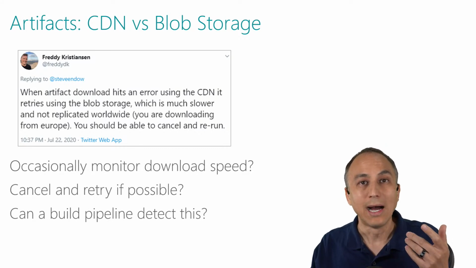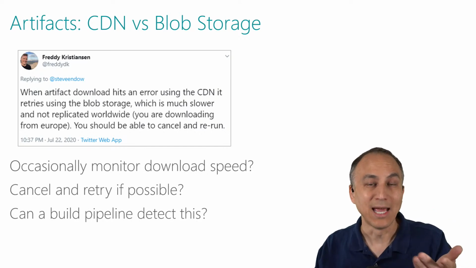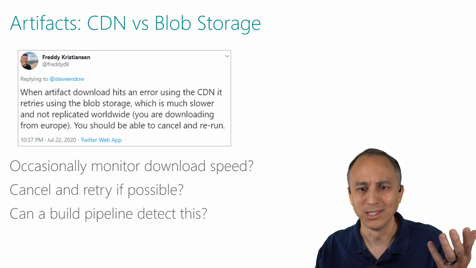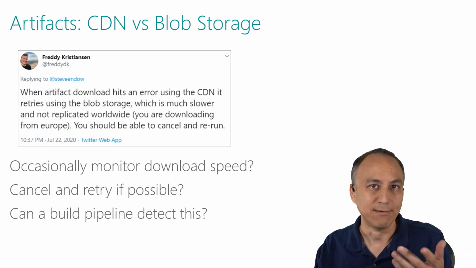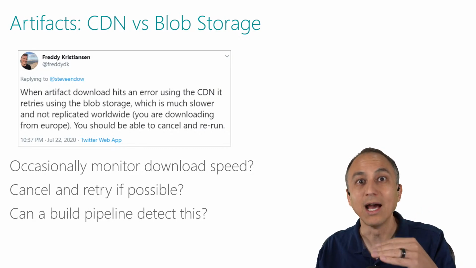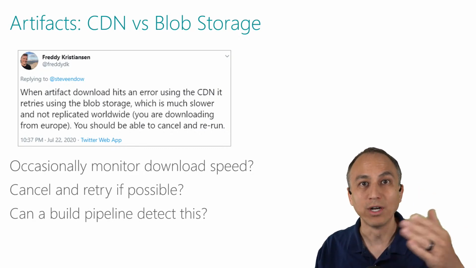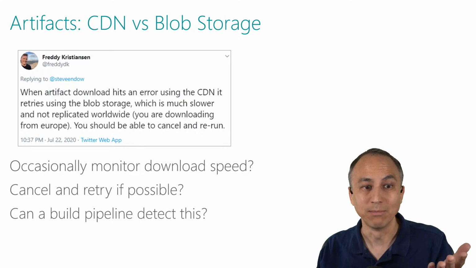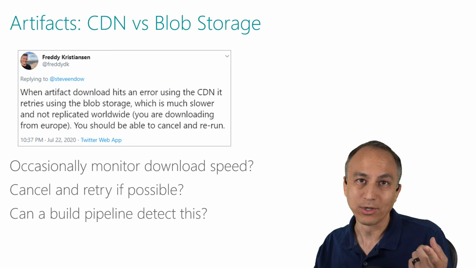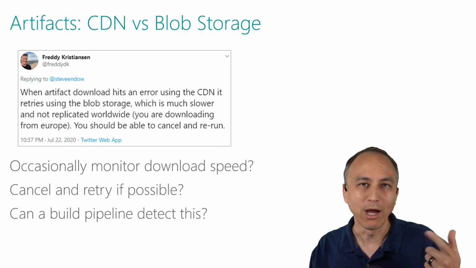And so I came back the next day and tried again, and I got a solid 100 megabit download speed, and the build was in minutes. So huge difference if you're downloading from the CDN versus if it's falling back to the Azure Blob storage. So one of the questions I have is, if we automate our